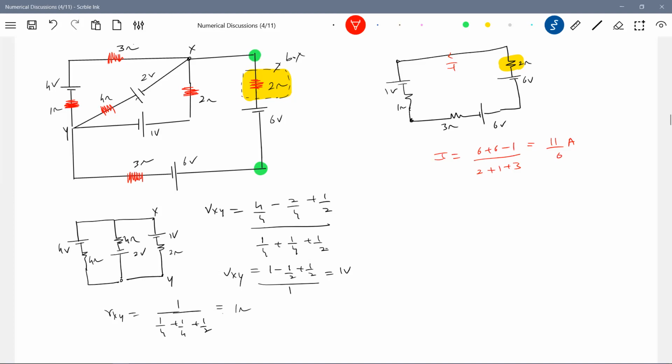Somehow, if you can replace these 3 cells by grouping of cells, you can do it. You can also do nodal analysis, as we discussed in class. If you want, you can try that also. But I think this will be much easier. It will save a lot of time. Even nodal analysis will be lengthy. So grouping of cells is not only for when the question says to go for it. It's not that all EMFs should be the same. If you see cells and resistors, you can manage.